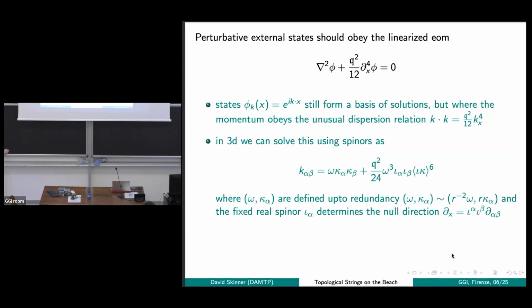Okay? And I've introduced some parameter omega that allows me to absorb any scaling of these spinors. So if I rescale my kappa, then omega should rescale to compensate for the scaling of this kappa squared. Okay. But because of this dispersion term, there's a correction to this, which turns out to look just like that, where there's a reference spinor iota, and all this reference spinor does is pick out the direction d by dx. Remember I said that d by dx was a null direction. That means there's also some null vector that I can dot into my 3 derivatives, and that null vector again has to be a symmetric bispinor, and I just call that fixed bispinor iota.